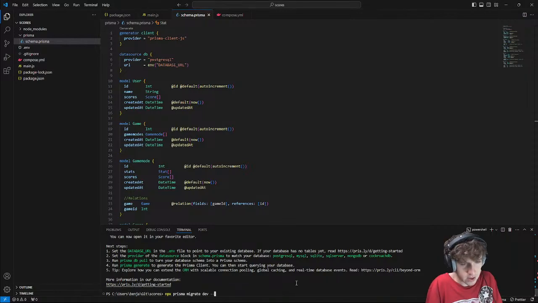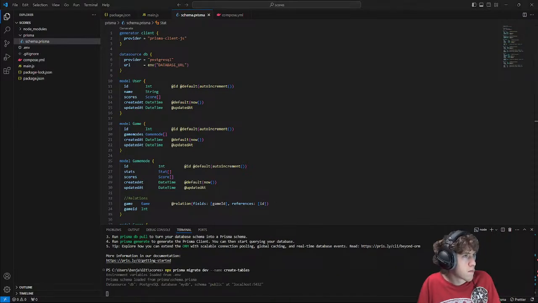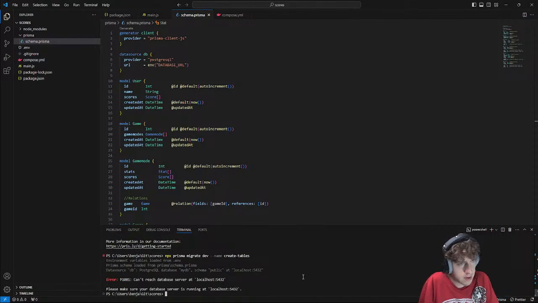Okay, and then --name create tables. And that will create the migration and then create all the tables and automatically apply them to my database.